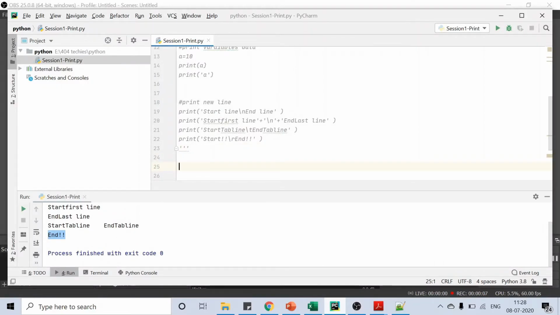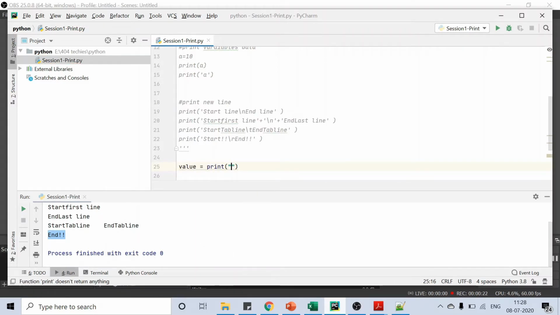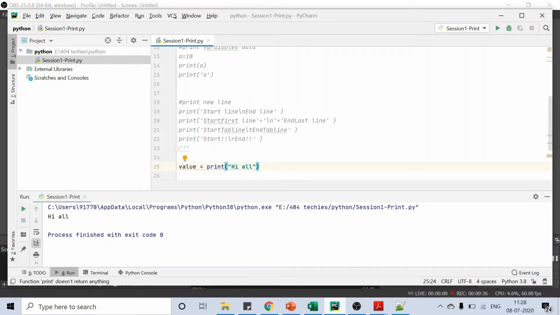Suppose you are storing this particular print statement into a variable, let's see what happens. For example, I'm storing this print statement, Hi all, in the variable a. Since the previous output statements are commented, those outputs will not be coming in the console.